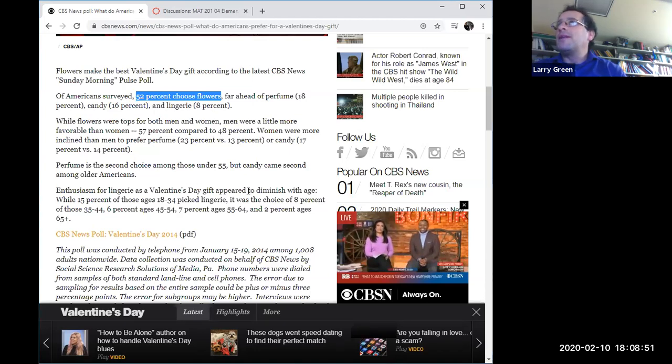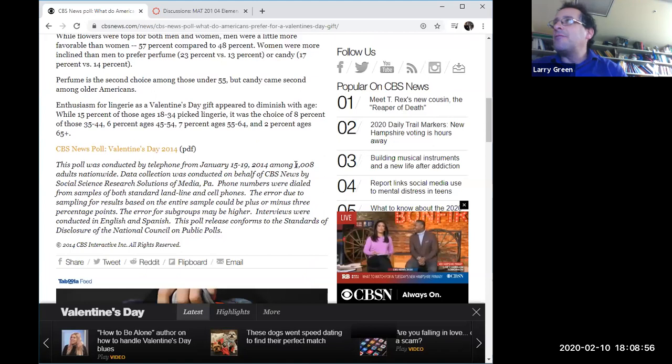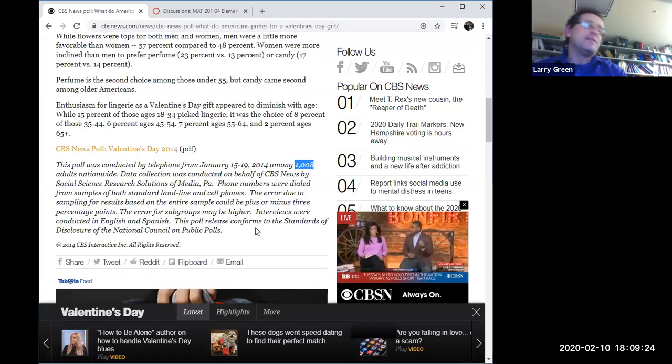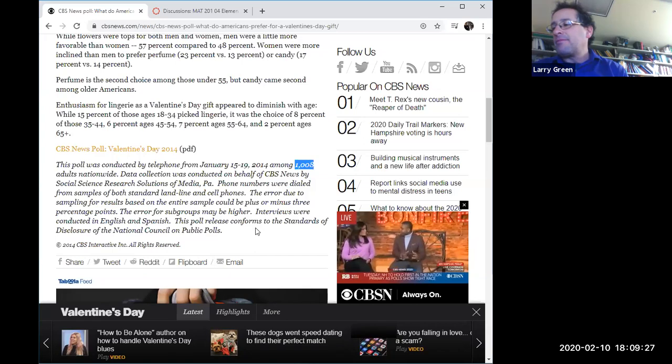This is a sample, and later on, they say that they surveyed 1,008 adults nationwide. And remember, there's over 300 million people nationwide, definitely over 200 million adults nationwide. So that's a small chunk, and we're going to make the assumption that they didn't have a big bias. I don't know for sure, but they may not have. I'm not sure how biased it is when it comes to asking about Valentine's gifts. Maybe not. But still, even then, the question is,